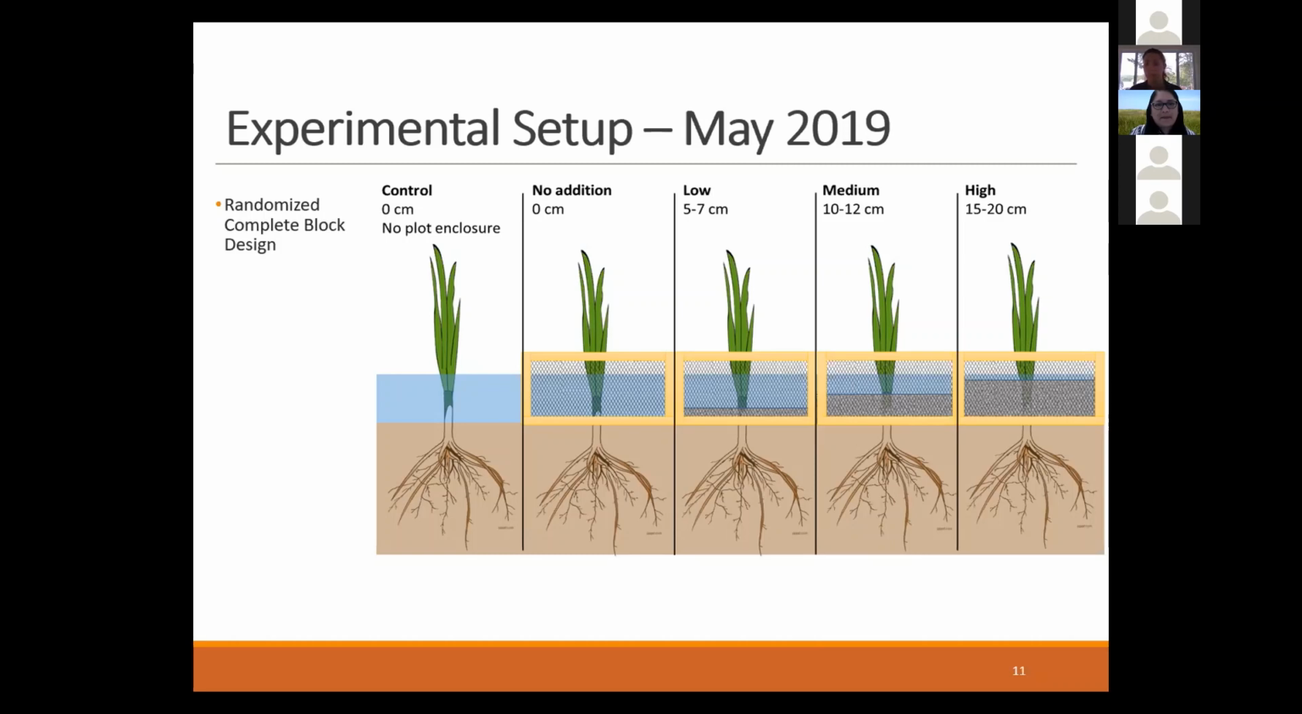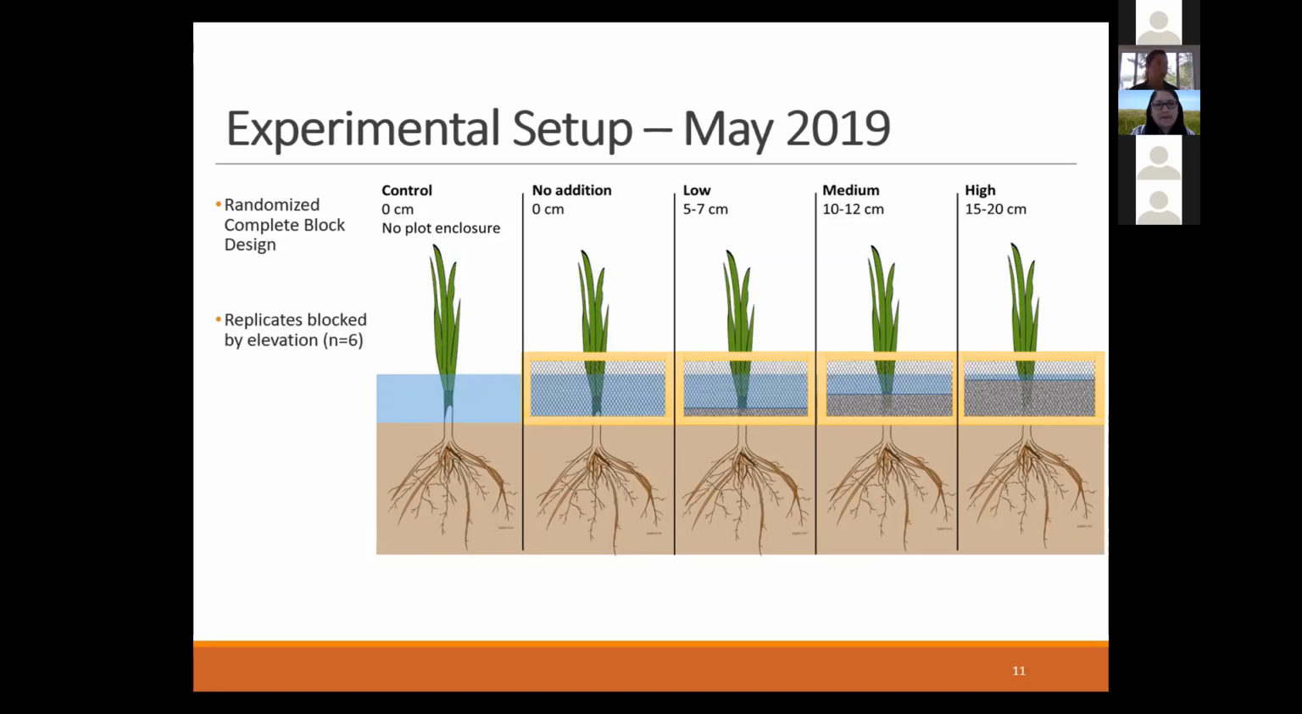These were put in plot enclosures that allow the sediment to stay in place, but water to move freely throughout, so it had the most natural hydroperiod. And then a control to the control, where there was no plot enclosure and no sediment added, to see if the plot enclosure had any